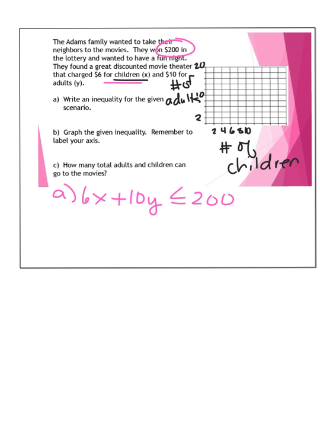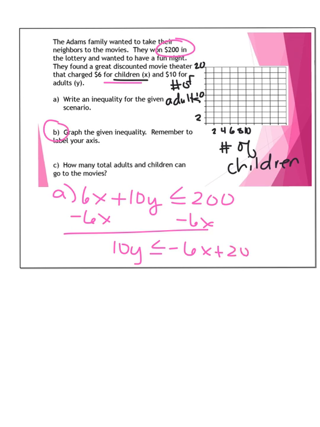So I'm going to graph it. So I want to get y by itself. So in part B it says graph the given inequality. Remember to label your axis, which we already did. So I'm going to get my y by itself so I can graph it in slope-intercept form. So now I will divide everything by 10. And I have y is less than or equal to, now negative 6 over 10 simplifies to negative 3 over